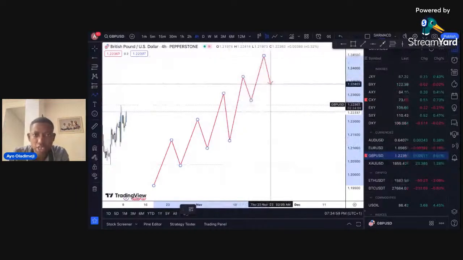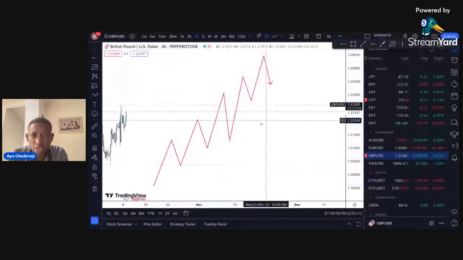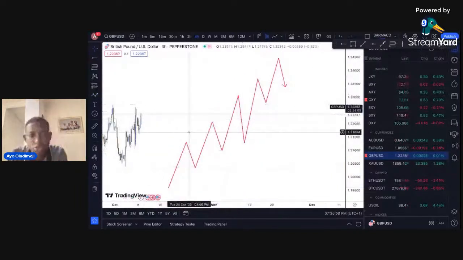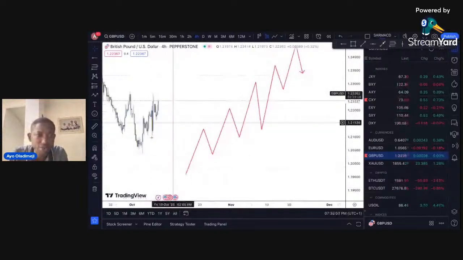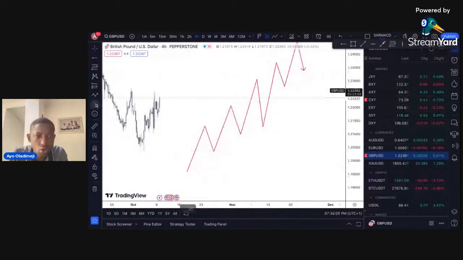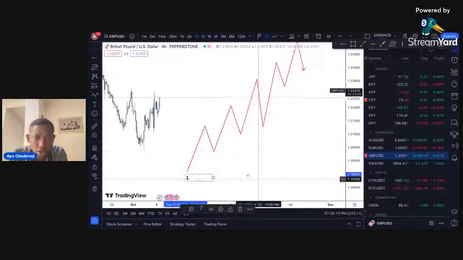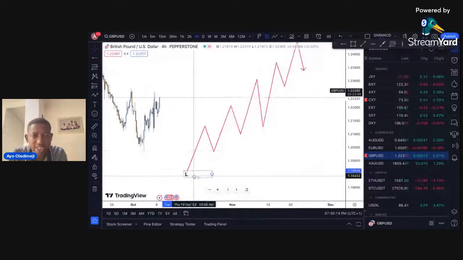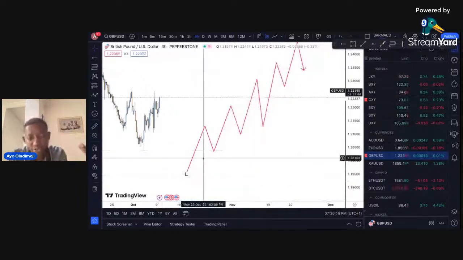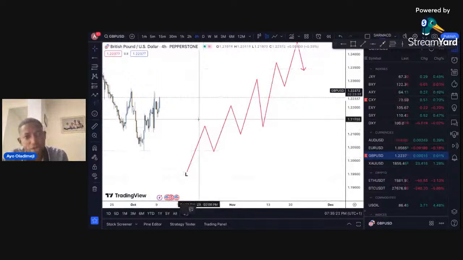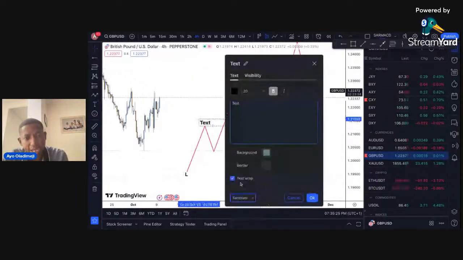Okay, so now you can see. So we said when it comes to that uptrend, you will always have a low in the market. Okay, there will always be a low in the market of price. So there's a low that is the origin of a trend move. That's the low is the origin of an uptrend move. Then we say we're going to have what we call the high, right?